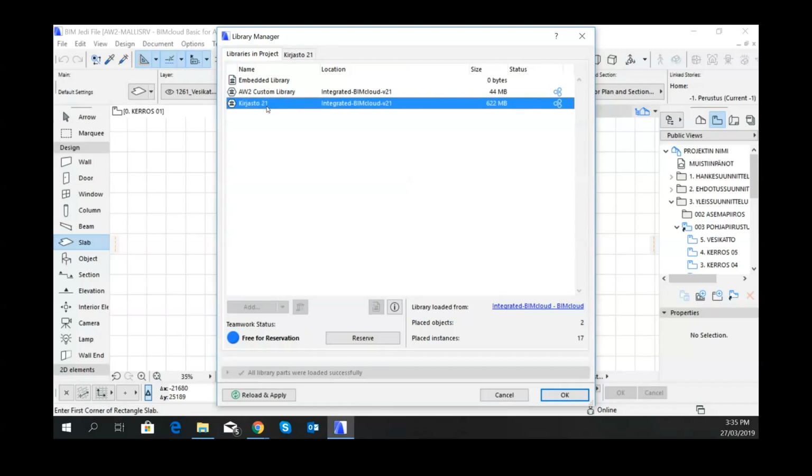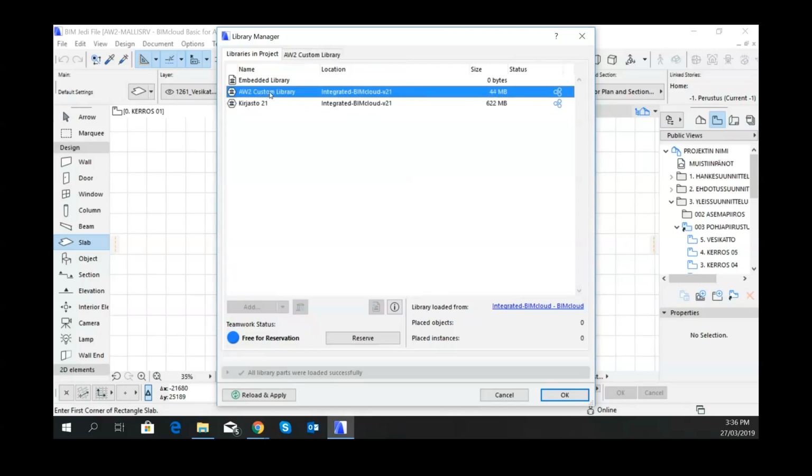So our aim is to basically have only 3 libraries here, excluding the embedded library. There's just no way you can take that away, it's always there. So when you have a project, you should have the Chiasto 21 library, which will provide all of the latest ArchiCAD objects that work with 21. You should load the AW2 custom library, which has library parts specific to what we develop for ourselves. And then the third one, you should have a